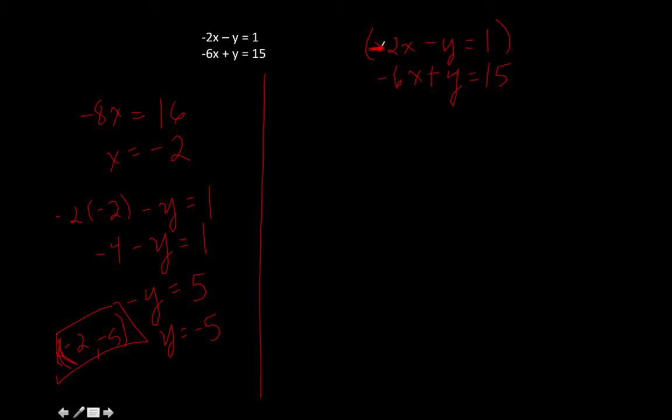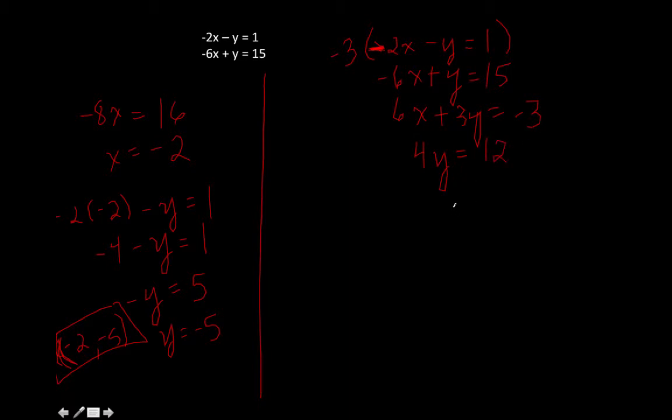So I would multiply this maybe by negative 3 if I really wanted to add instead of subtract. So I would get positive 6x, positive 3y, because I have two negatives and those make a plus, equals negative 3. And now I would add, and these go away, and then 4y equals 15